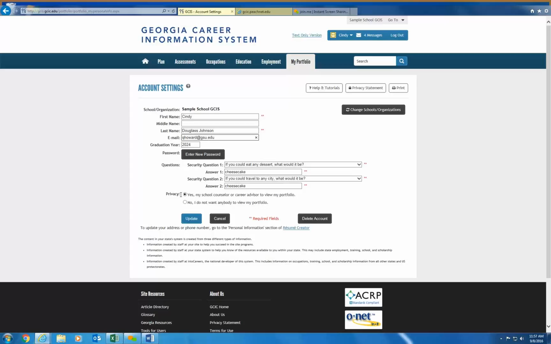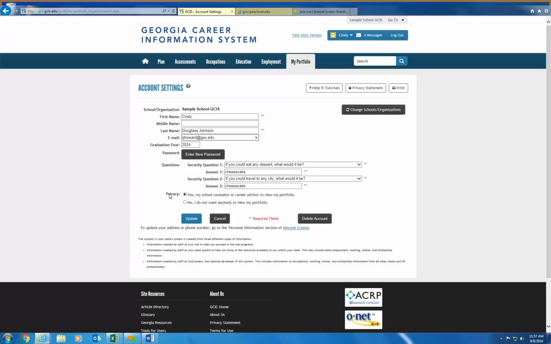Okay. Your students can also change the information that is available for you as a site administrator to see. So I can say, yes, my school counselor advisor can view my portfolio, and that would allow you as the administrator the right to see everything that is within there.